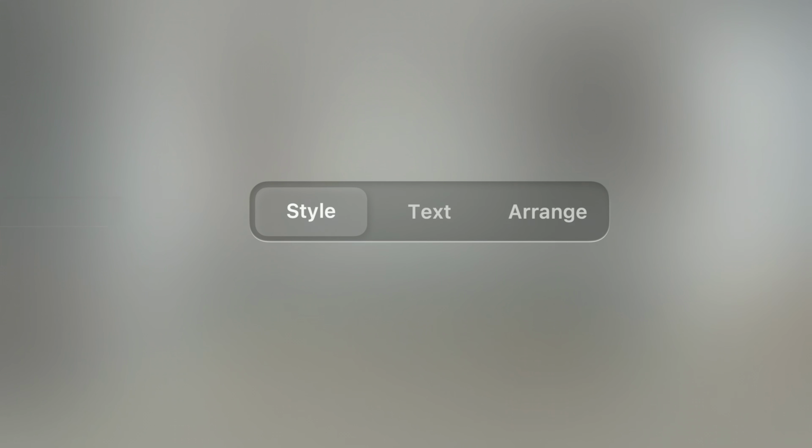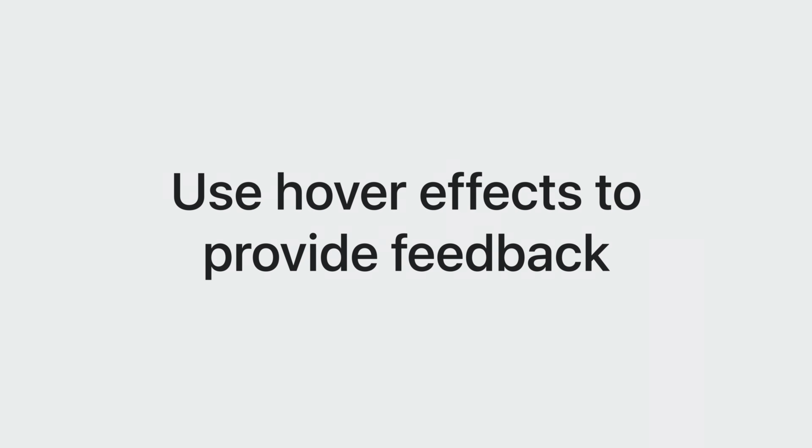Thanks to the hover effect, all the system-provided controls highlight when you look at them. If you create custom elements for your apps, use hover effects to add eye feedback and make your elements feel responsive. Now, eye intention is very sensitive information. Privacy is our top priority when dealing with eye data. The hover effect happens out of your app's process, so you will only get the information of which element is focused when there is an interaction on the element, triggered by a gesture.